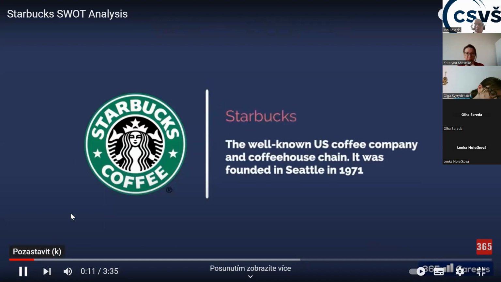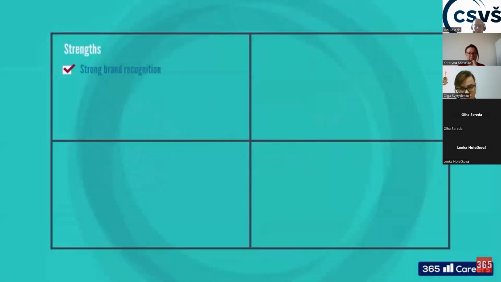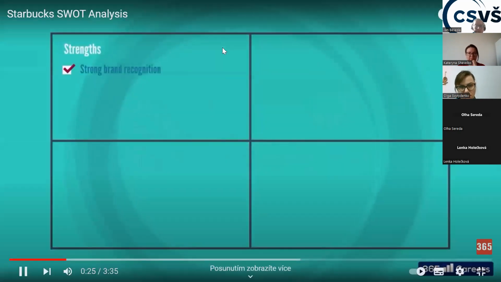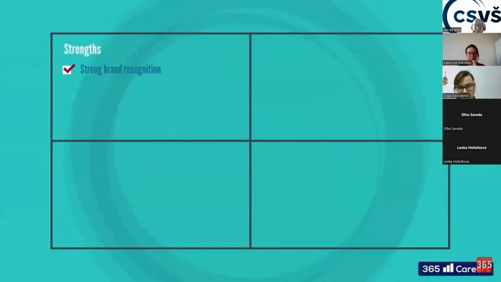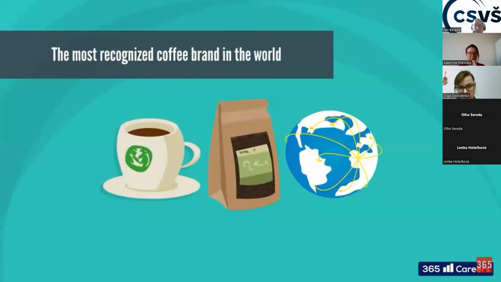The company we'll examine is Starbucks, the well-known U.S. coffee company and coffeehouse chain. It was founded in Seattle in 1971 and operates in several countries around the world. Let's start with the company's strengths. First, almost everyone knows its brand, right? So it definitely has a strong brand recognition. Starbucks has been proclaimed the most recognized coffee brand in the world, quite an advantage regarding other companies in the